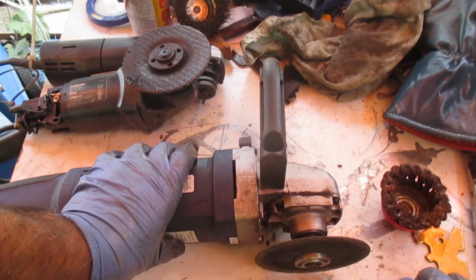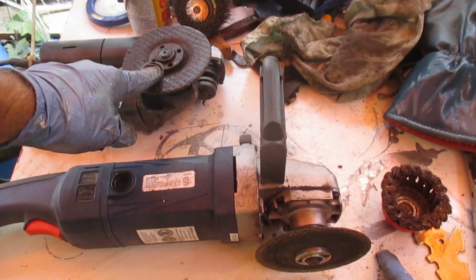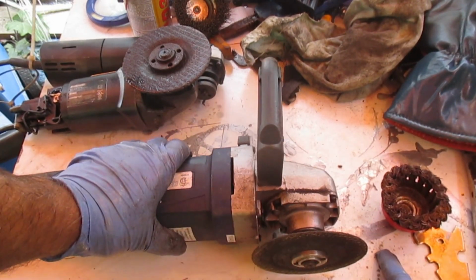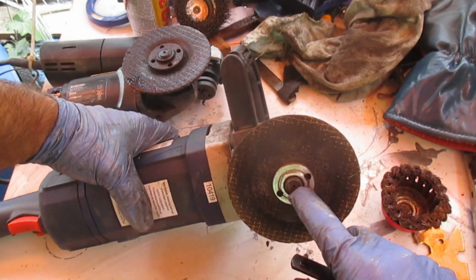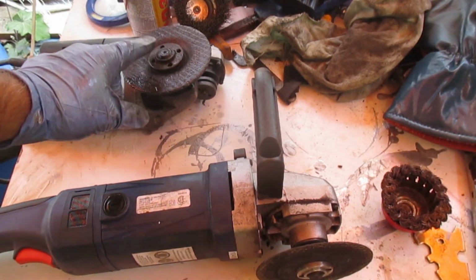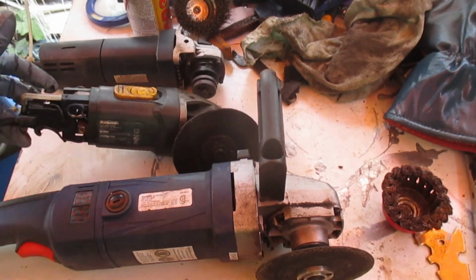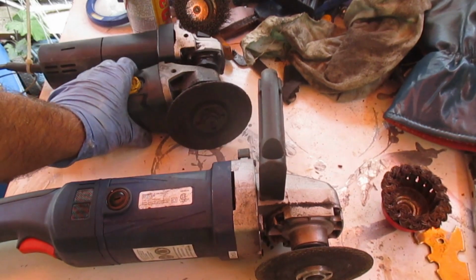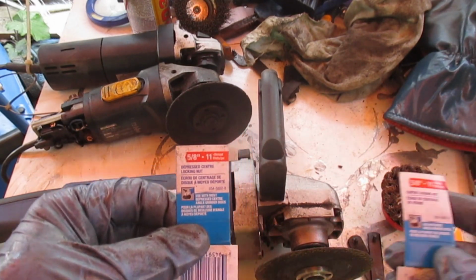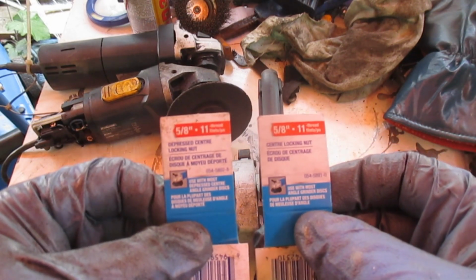This part of the video, I'm kind of torn if I should even be showing this, but my angle grinder over here died on me. So I got to looking at my fancy new sander polisher, and I noticed that the threaded shaft that comes out here is the exact same size, excuse me, as my 4.5-inch angle grinder. And as you can see, I'm in the middle of trying to repair this thing. But anyway, I didn't really want to go buy another angle grinder. So instead of paying over $100 Canadian for an angle grinder, I bought two